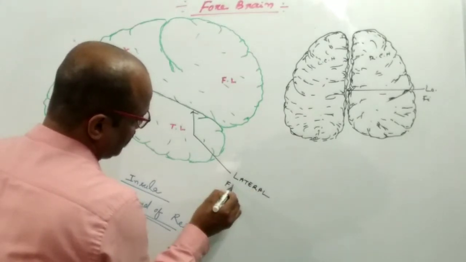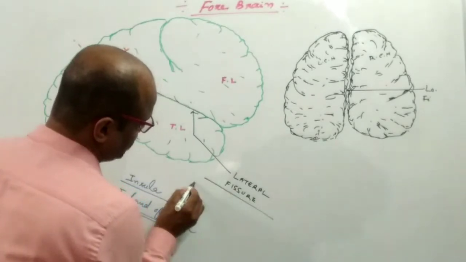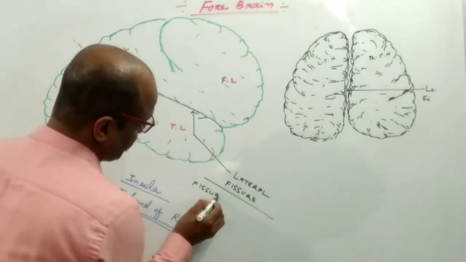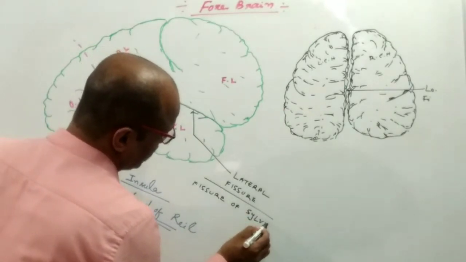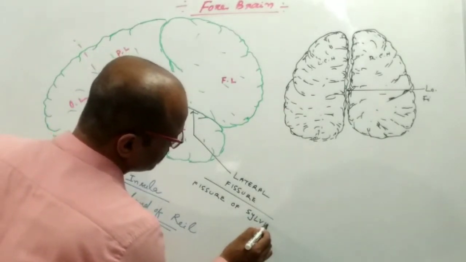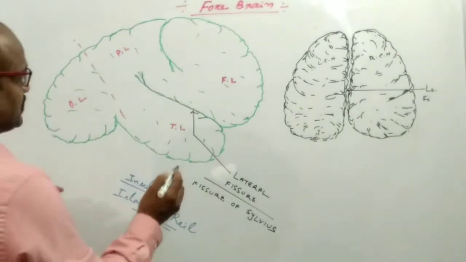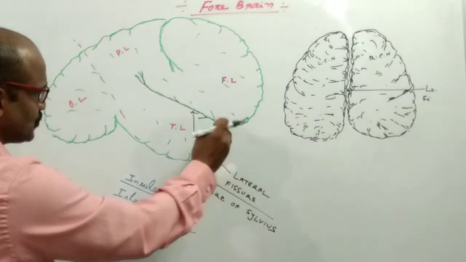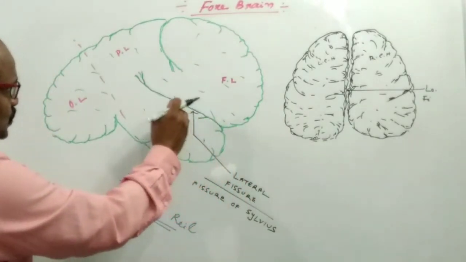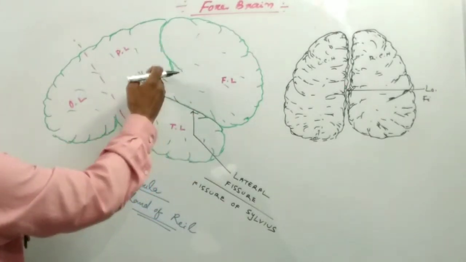This is the lateral fissure, which is also known as the fissure of Sylvius. The lateral fissure goes from down to the dorsal side, or down to upside, and